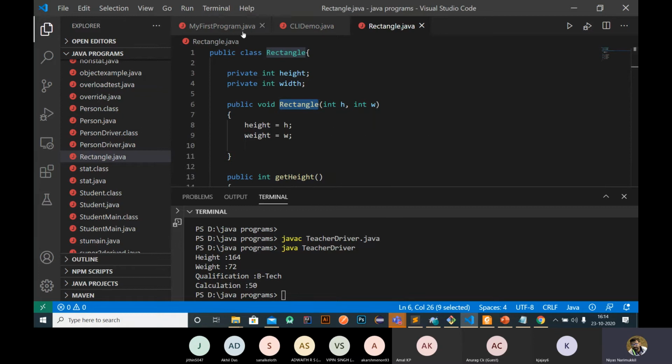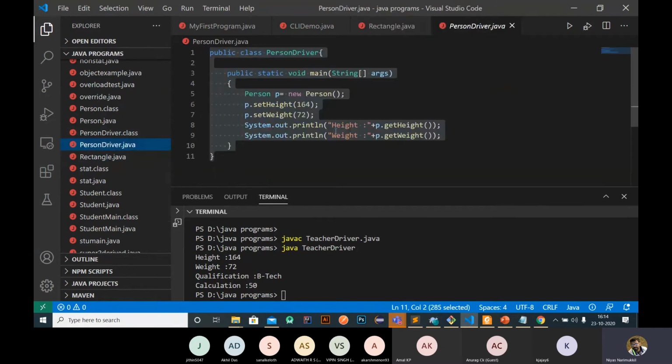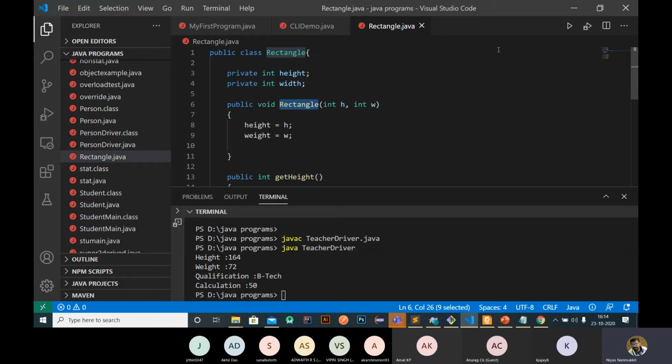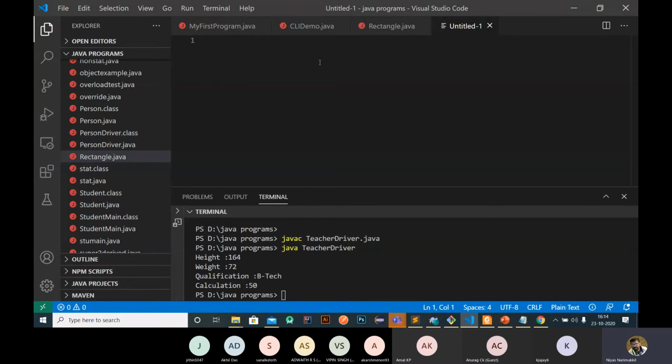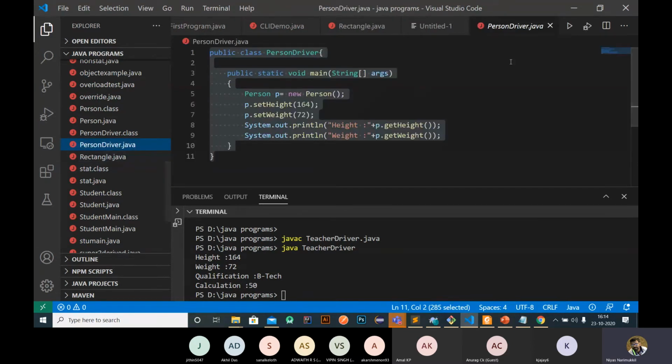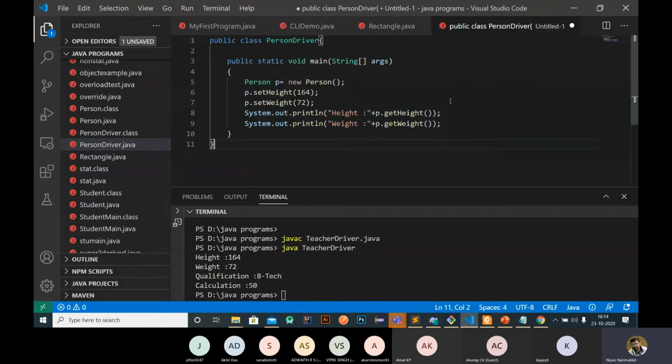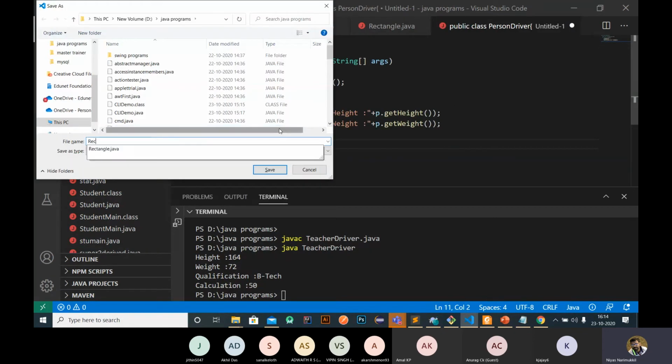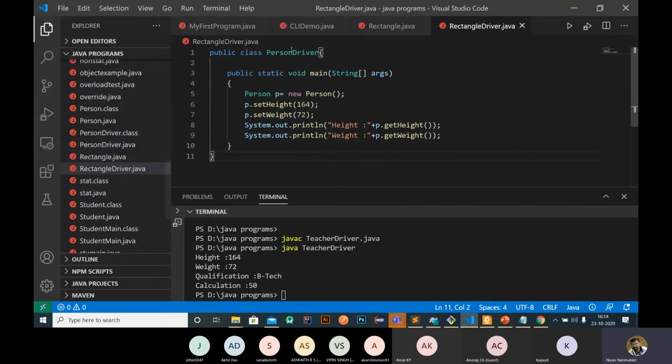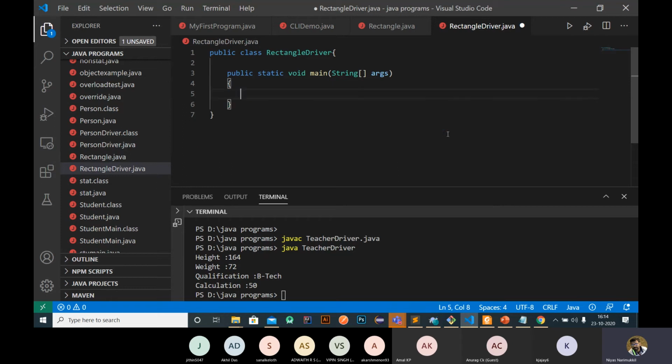For that I'm copying this one. We can use the name RectangleDriver.java. So just change this to RectangleDriver. Okay, so we are creating a rectangle object here, right?